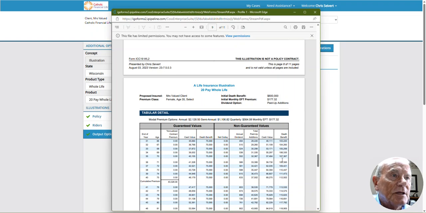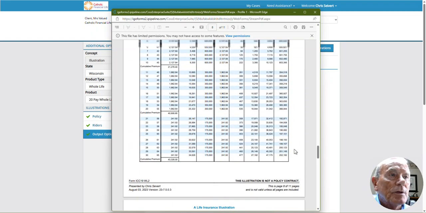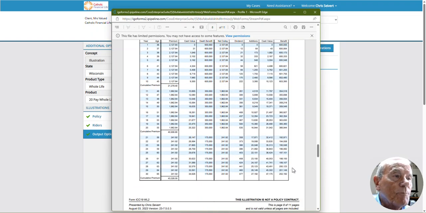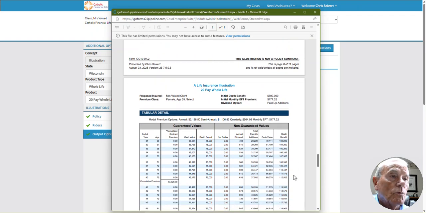But you can see that the death benefit continues to grow, as does the cash value. So in essence, this is a return of premium designed with lots of flexibility, and the client has the option of taking the cash out or continuing on with the